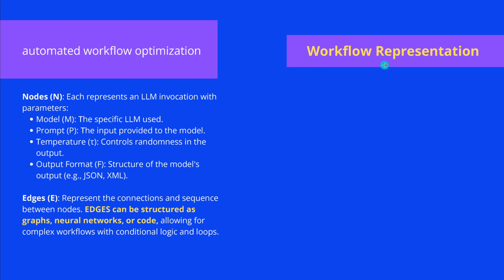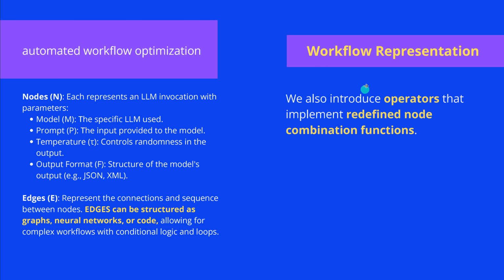Now, we just had a look here at the workflow representation of node and edges. Next step is the authors also introduced operators. And you might think, my goodness, is this mathematics? No, not at all. It is simple. They just take here a combination of nodes and they say, hey, if we combine node 1, 4, and 6 in a particular way, we call it kind of a module. We call it kind of an operating shell here. We call it an operator. Nothing else than redefined node combination functions. That's all there is.